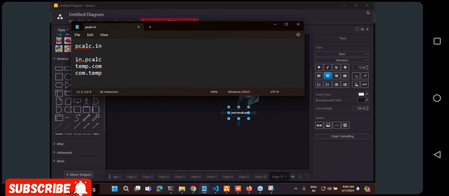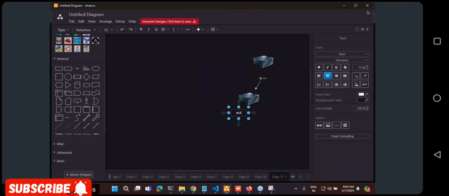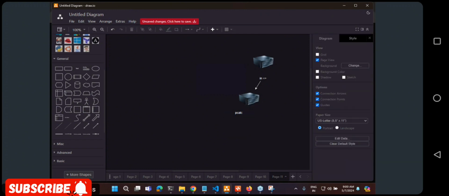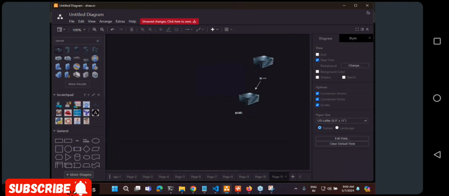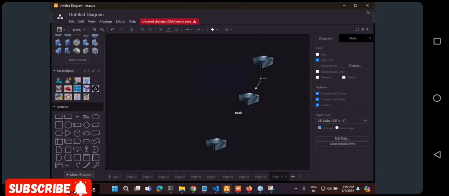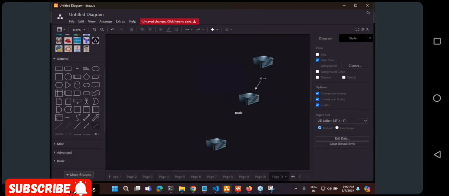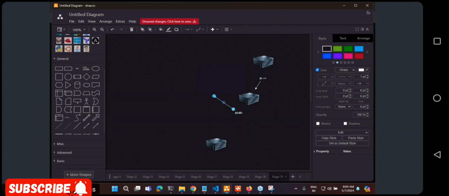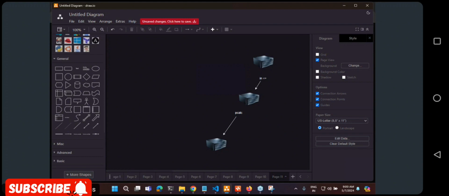So now pcalc, the information of this will be present in some other server. Am I clear on this, sir?